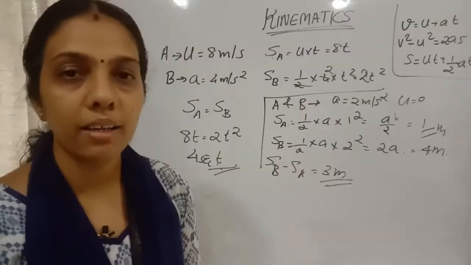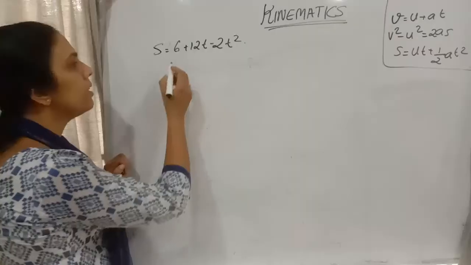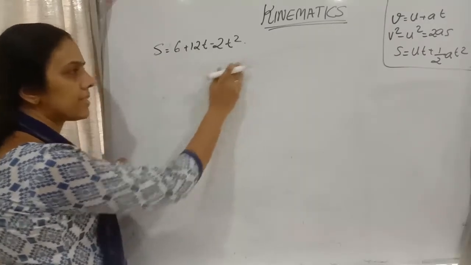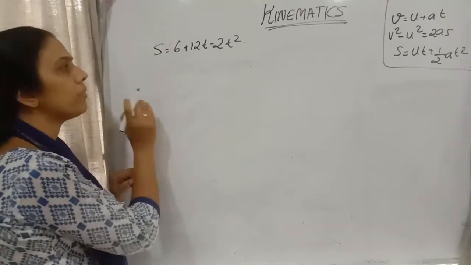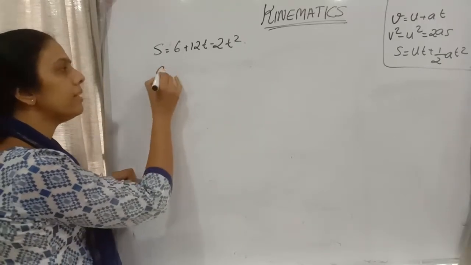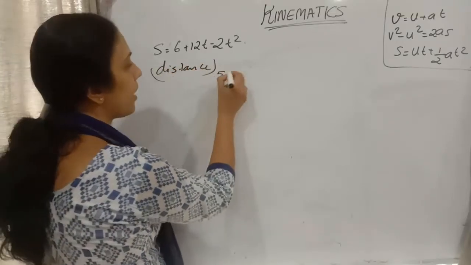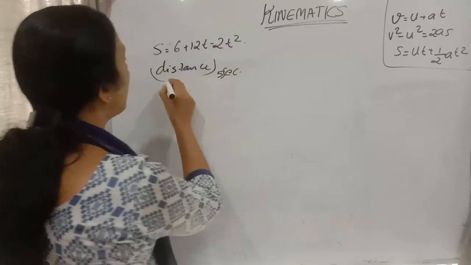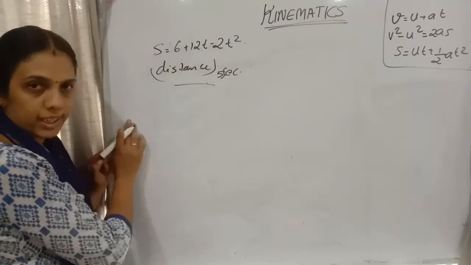Distance and displacement, and how to find the variation, all that we learned, right? So here is the displacement which is given, and we need to find out the distance covered. How can we find out the distance covered in 5 seconds? For that, displacement is with respect to time.